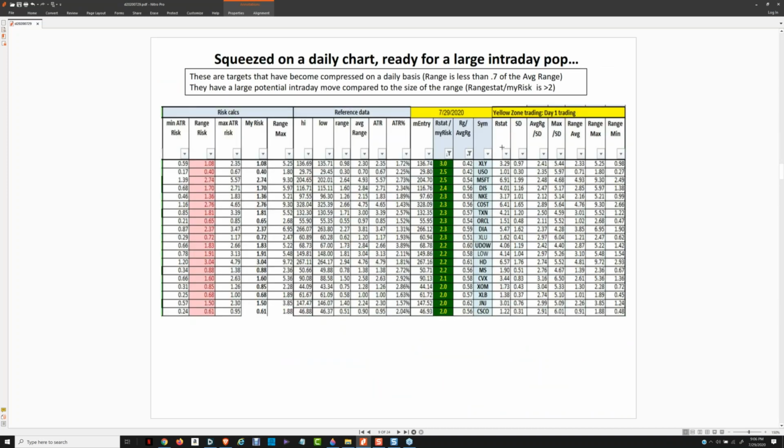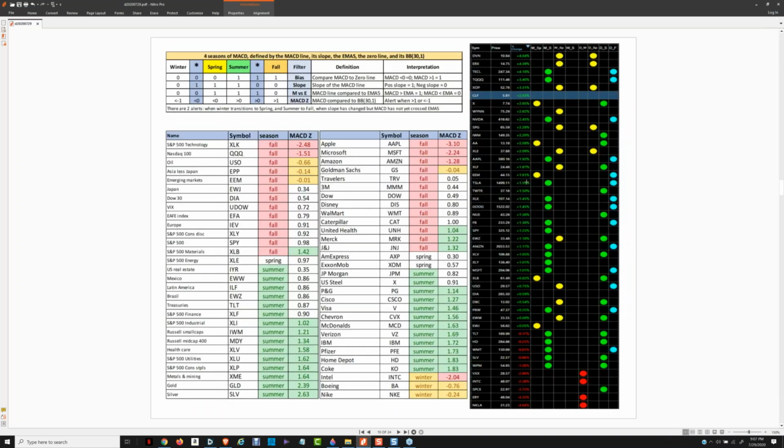A number of good daily squeezes. There's consumer discretionary, Microsoft and Disney. Diamonds in pretty good shape. There's a chance to get Home Depot on a breakout. And I'm going to look for second day momentum in the metals. And there's Johnson & Johnson again. It's just everywhere you look. Trying to really suggest Johnson & Johnson, huh?